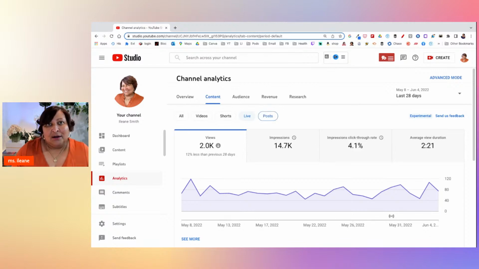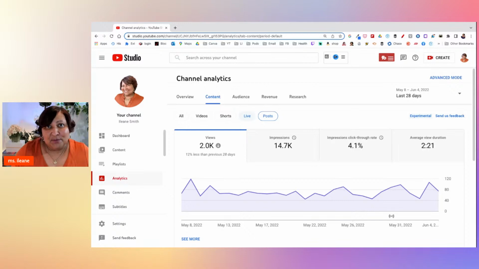The post refers to the community tab. I realize that not everyone has the community tab. Some people use it a lot, and I think some even use it as a mini blog.